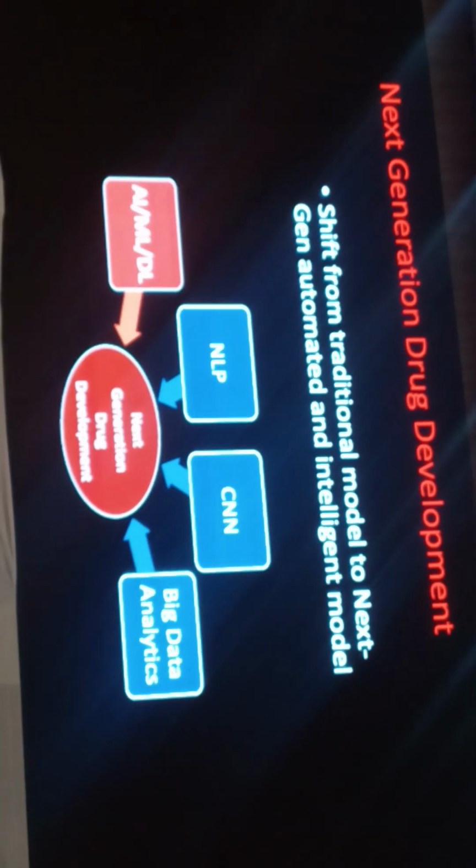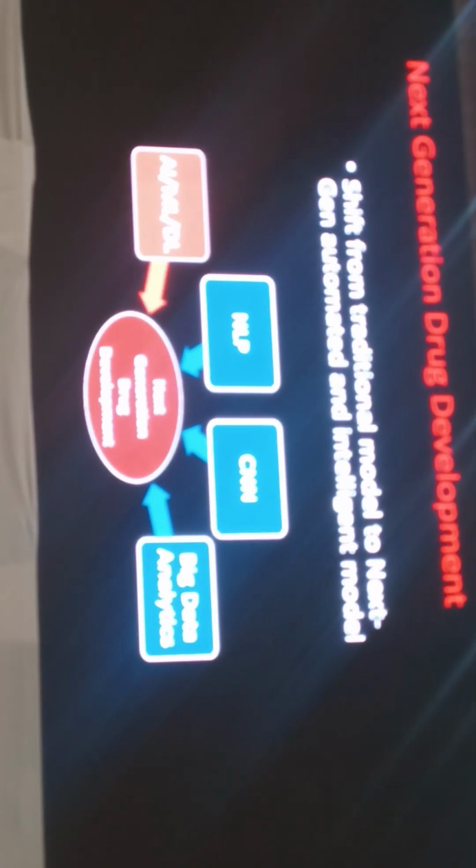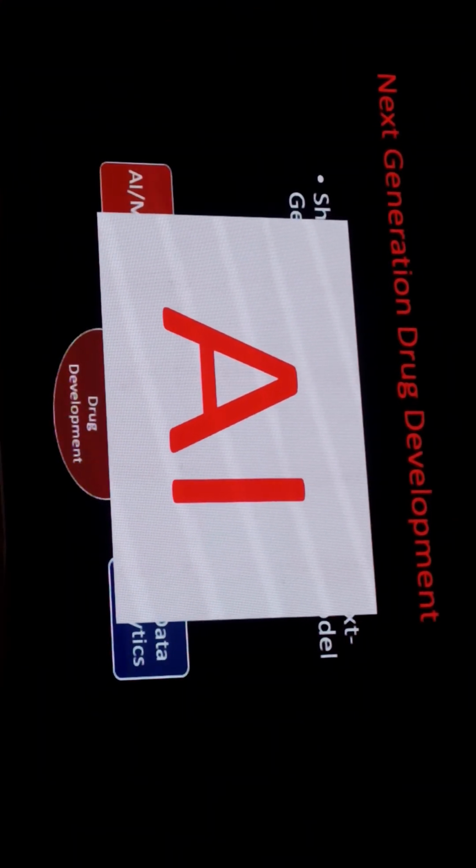So next generation drug development, तो I think थोड़ा सा मेरे पास टाइम है, okay? तो मैं next generation drug development की बात करूँगा कि machine learning के अंदर how that is very helpful. So that is the totally new domain. Where comes artificial intelligence? जहाँ पे हमारे पास आर्टिफिशियल इंटेलिजेंस आती है.